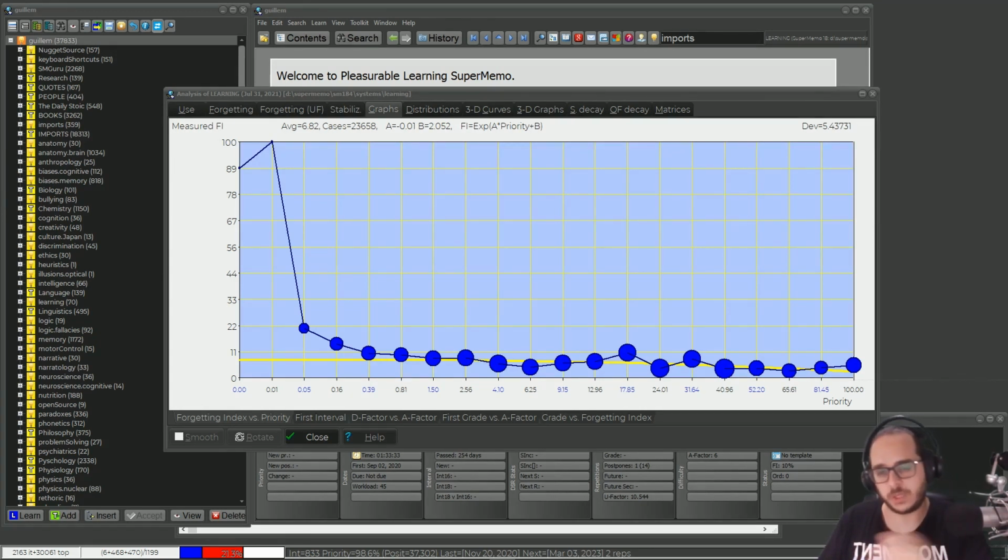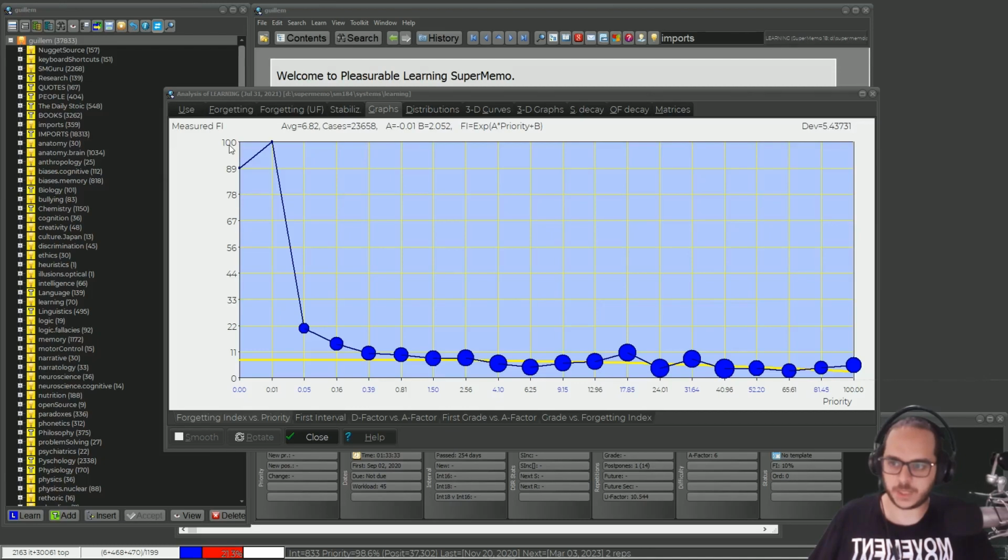Today I came across this observation because one of the outstanding items was about this graph in the official documentation, forgetting index versus priority, which you will more or less see as kind of flat, which is my case. But look at that. The interpretation is that it's awful. That's the opposite of what you would expect. How do you interpret this graph?